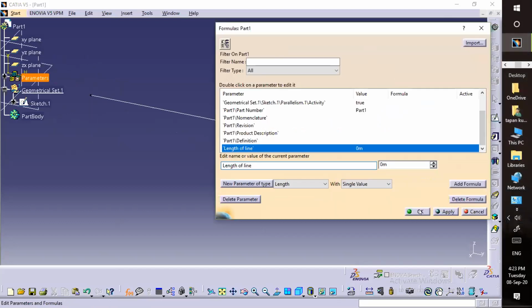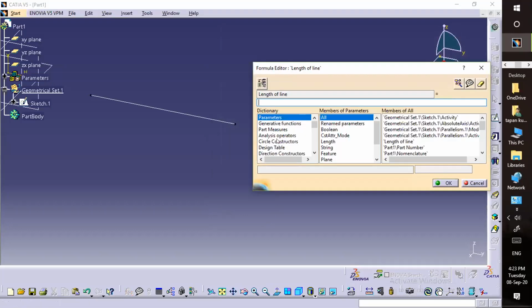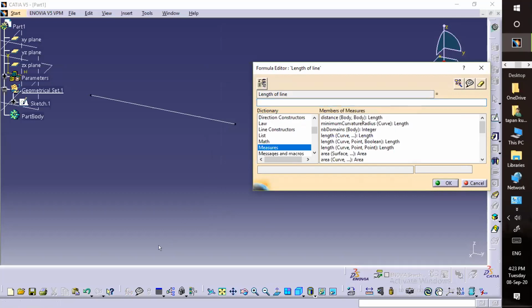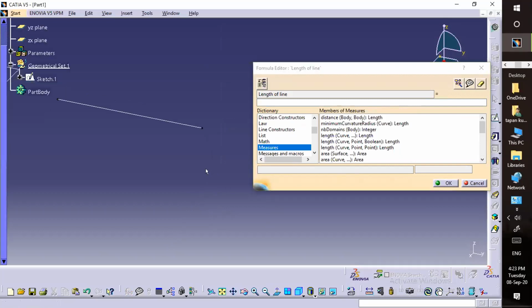Then click OK. Then add formula. After that you need to go to the measures. So the option is, I select the length.